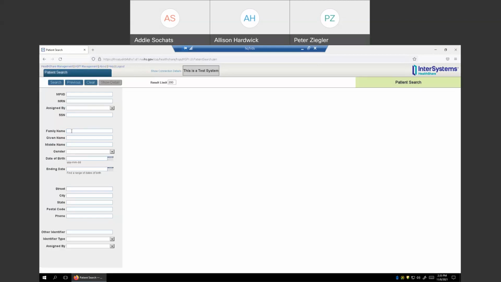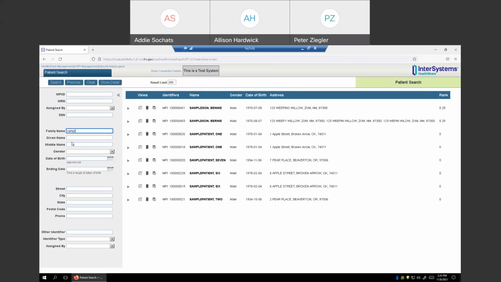So just to show you how patient index works and to give a brief introduction and overview, I'm going to enter a couple of letters here. You have to enter at least 4 in one field. The more information that you enter within the fields, the more accurate your search results will be. So I've just simply clicked the enter, and it took me to my search results, which give me a variety